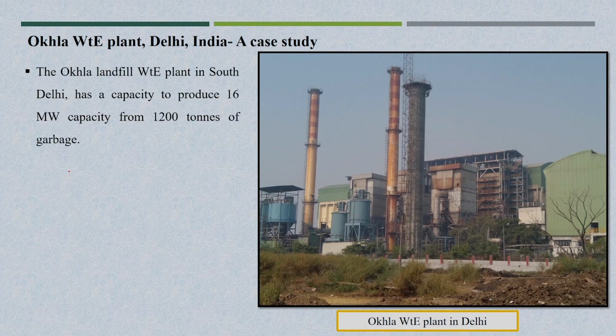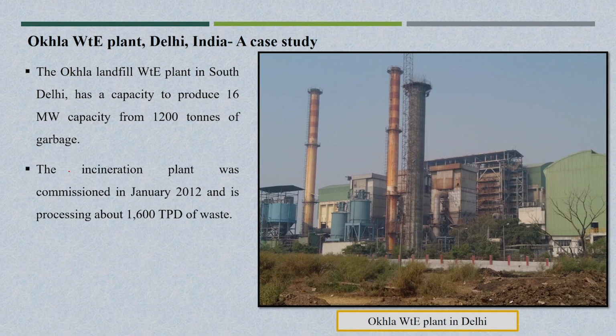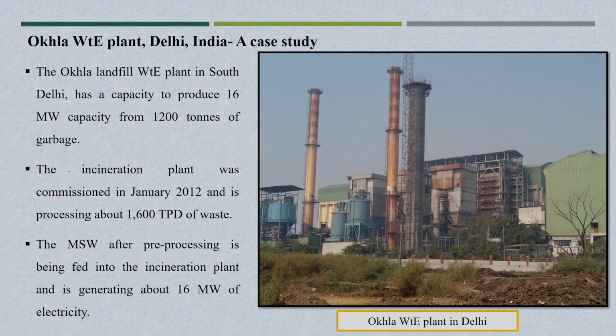So, this plant was installed in South Delhi with a capacity of 16 megawatt and 1200 tons of garbage per day. It was commissioned in January 2012 and processed about 600 tons per day of capacity. The earlier capacity was 1200, but when it got commissioned the capacity was increased, to produce 16 megawatt of electricity. But